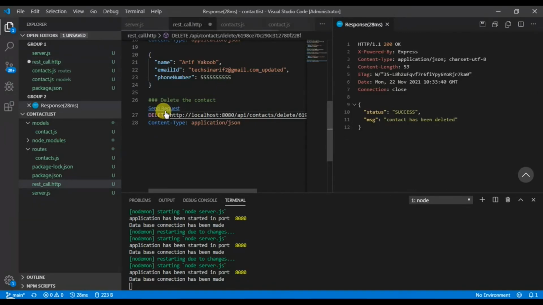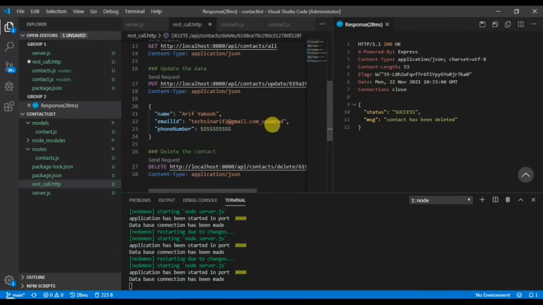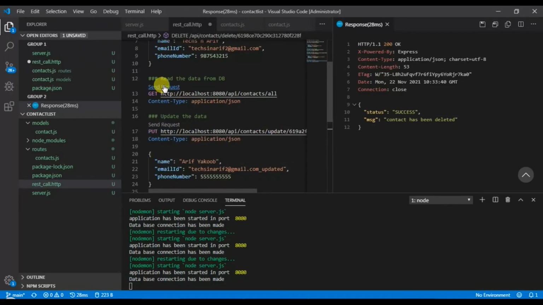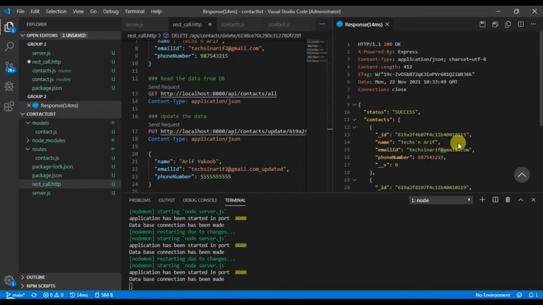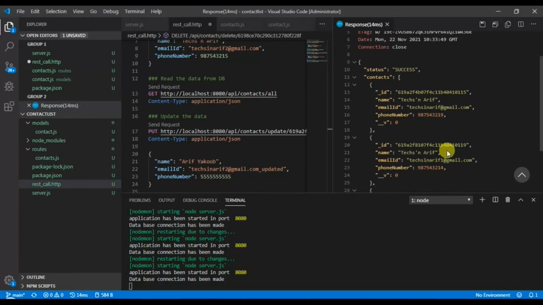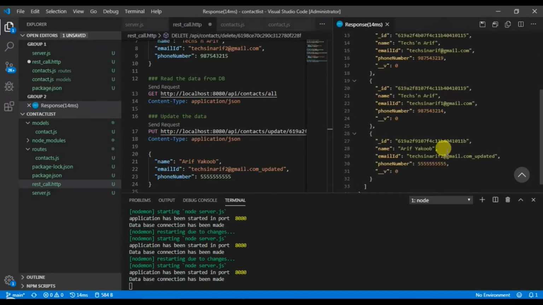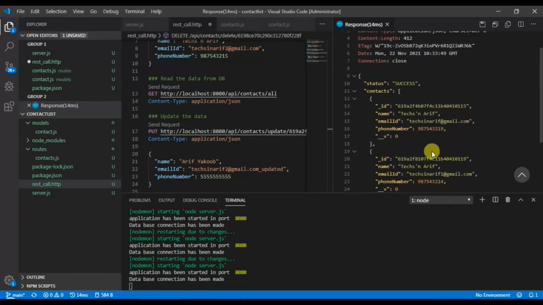Okay, so just hit the send request button. We have successfully deleted the record. If we use the get method to retrieve the data again, it works perfectly. As you can see, the records do not contain any deleted documents, right? This is how the delete operation should be performed in MongoDB using Express.js.